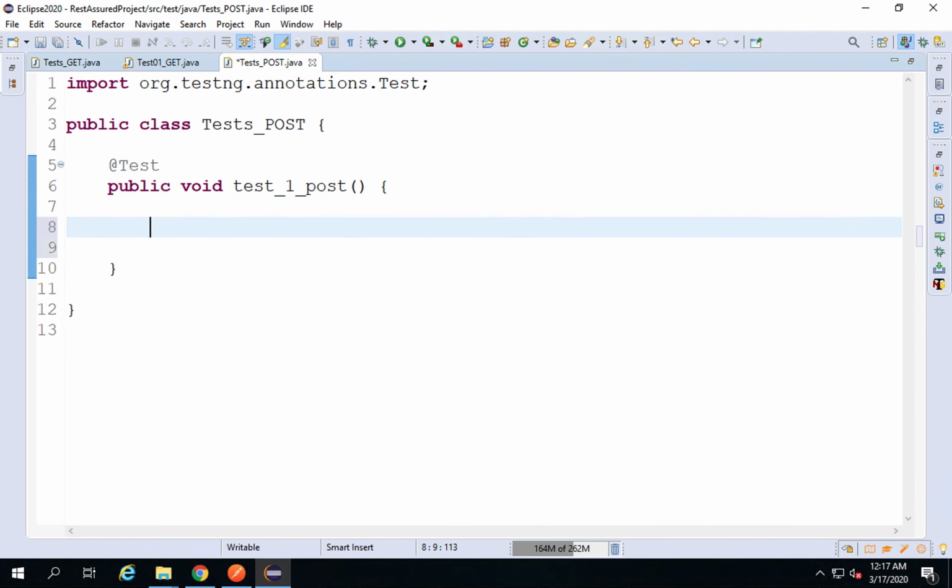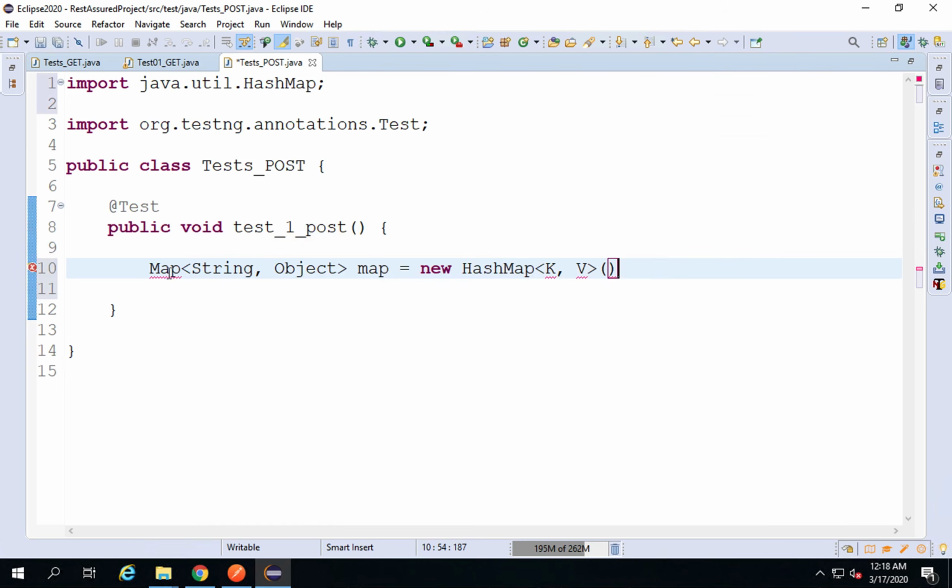Let me just create first a map to create the body. Now you can directly create without using a map. I will show you that as well. I will say map, and this is string and object. So map is a key value pair in Java. I will show you in a moment how to do that. So I am saying create a map for string and objects, where key will be a string and value can be an object, because value can be any data type. And I will name this as map equals new hash map. So I'm creating a hash map in Java,